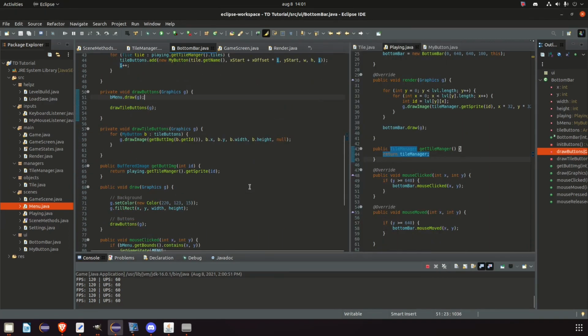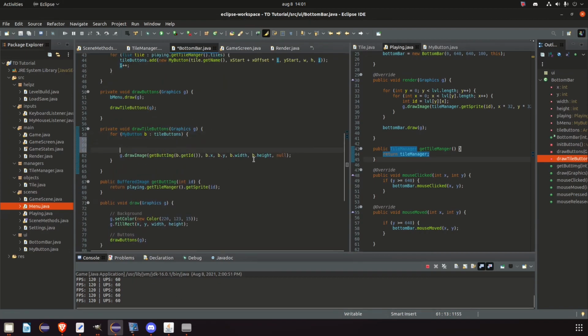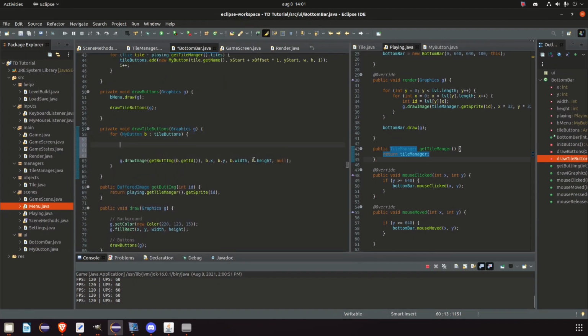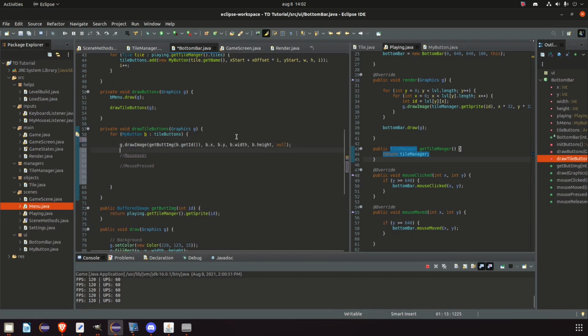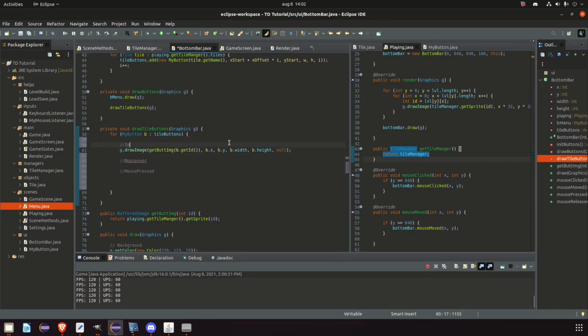And we do it simply by going into our button bar class here and we can put some comments here. We need one for mouse over, mouse pressed. And we need the image. We're gonna keep the image as the background. So we say image or sprite rather. And for mouse over, we say if button dot get